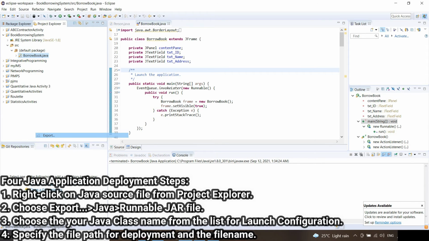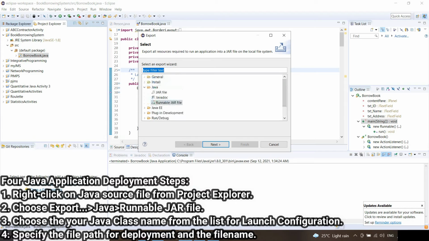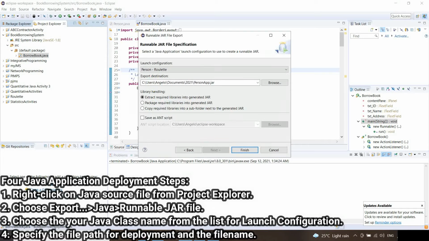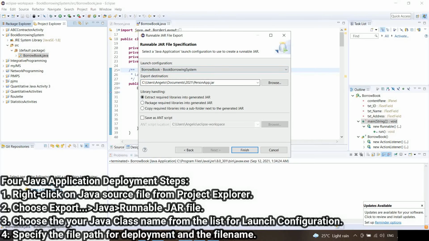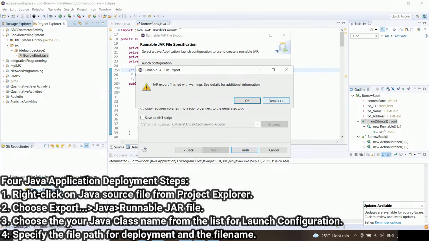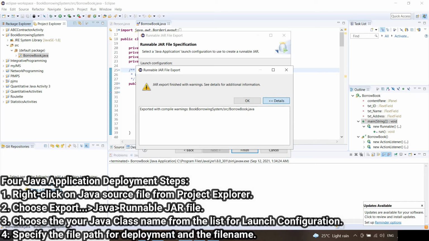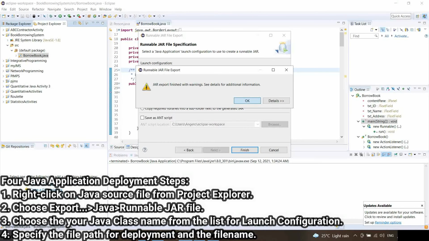So, look for Java, runnable jar file, click next, and look for book borrowing system. It should be the same name as the Java class that we did a while ago. Okay. Once everything is okay, just click OK. Okay. Next we try to check the folder,